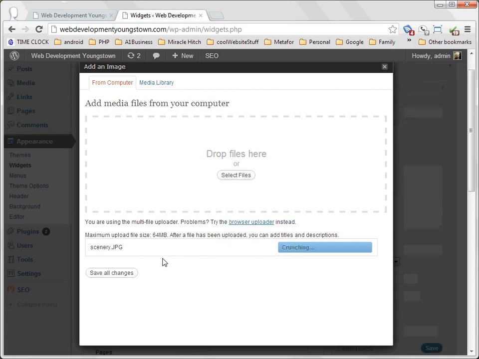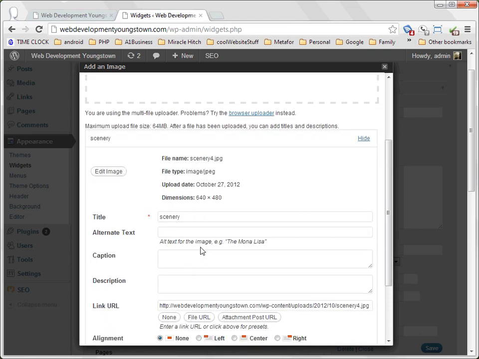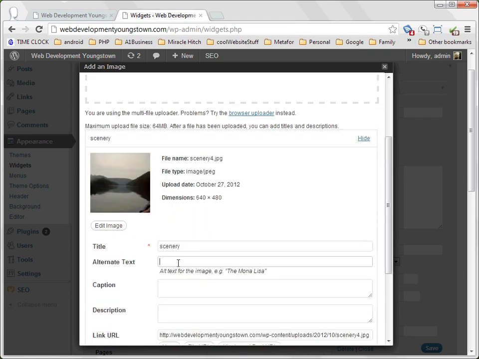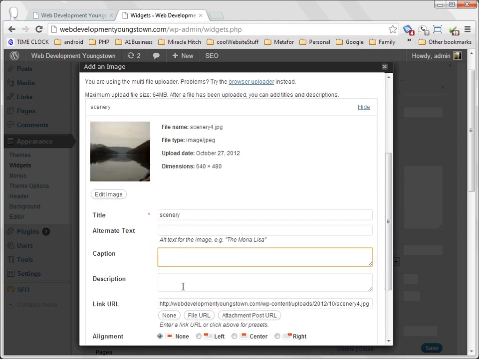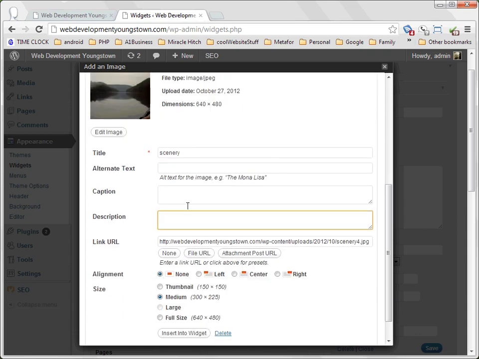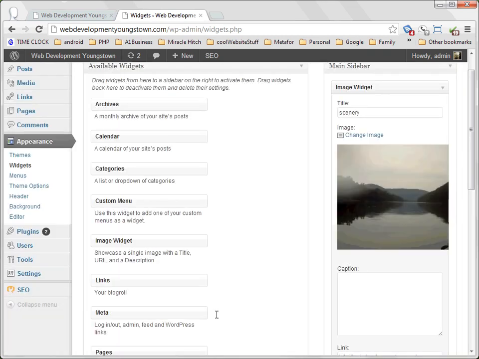Once the picture is uploaded, they're going to give you some options. You can enter a title, alternate text, the caption for the image, and description. I recommend that you fill all those out for SEO purposes, but of course I'm not interested in that right now. I just want to show you how to operate this. So I'm going to click Insert into the widget. Now you notice the size here is 300 by 225, and let me show you how to adjust that size too. So right now we see the Allegheny River, and